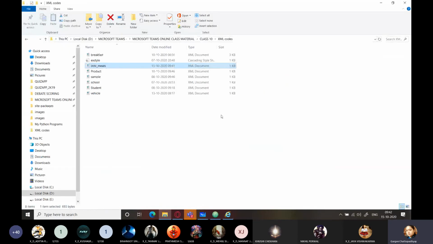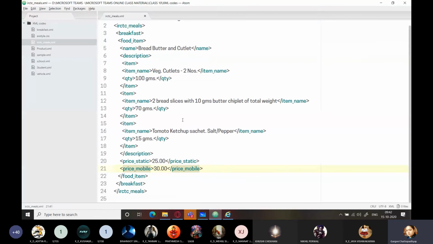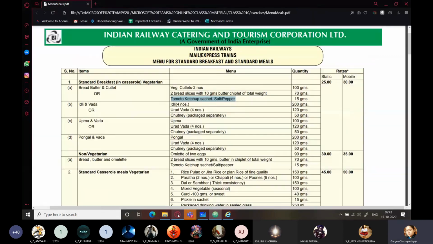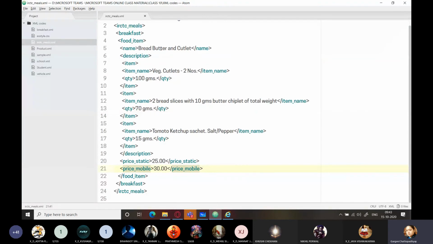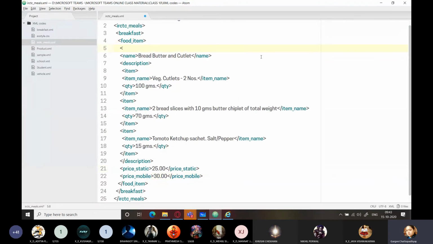We forgot adding one thing. Take a look at this and tell me, which thing did we not add? There is one thing which we missed, whether it's vegetarian or non-vegetarian. We missed out on that. So no problem. I can add it right over here.